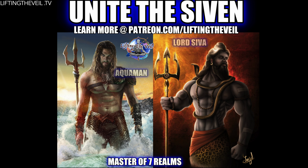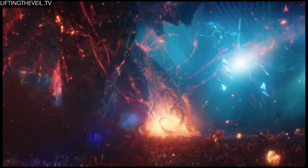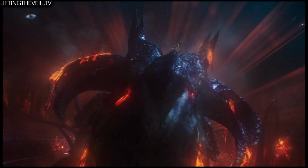It's a three-pronged weapon, which then became the Hindu Trishula of Shiva, who also tames or conquers the serpent, the lower nature, and who also wields the trident, which I call the Psident, because the Psident comes from the ancient Greek letter psi, which literally means a form of psychic energy, which is why Aquaman wields the trident of King Atlan,